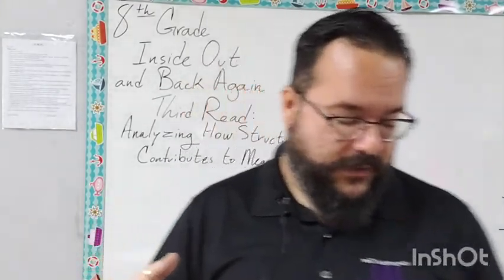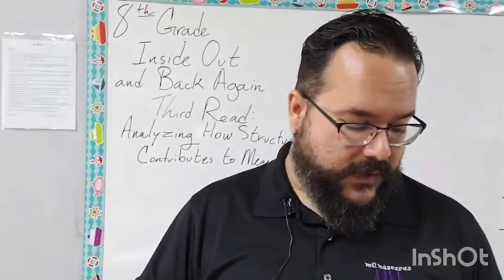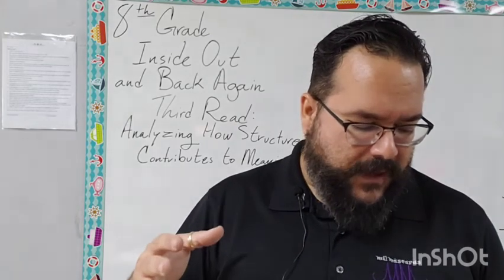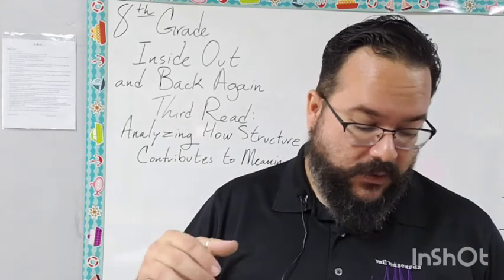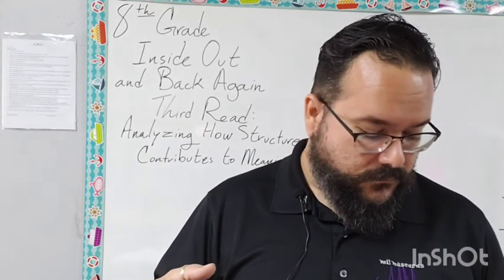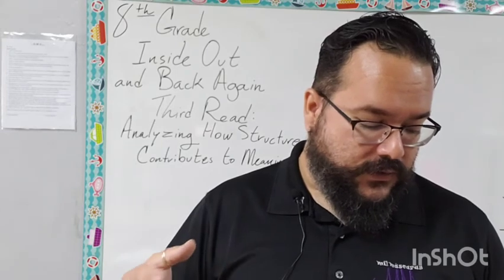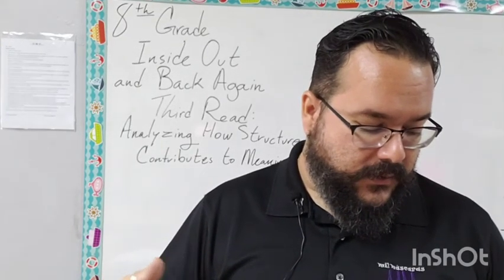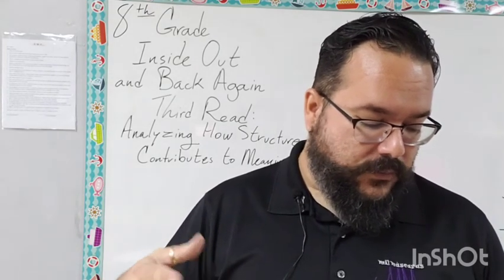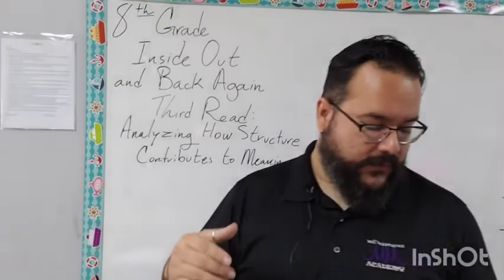On free verse, we have The Love Song of J. Alfred Prufrock by T.S. Eliot. It says, "And indeed there will be time for the yellow smoke that slides along the street, rubbing its back upon the window panes. There will be time to prepare a face to meet the faces that you meet." I'll read it again. "And indeed there will be time for the yellow smoke that slides along the street, rubbing its back upon the window panes. There will be time to prepare a face to meet the faces that you meet." The Love Song of J. Alfred Prufrock by T.S. Eliot.